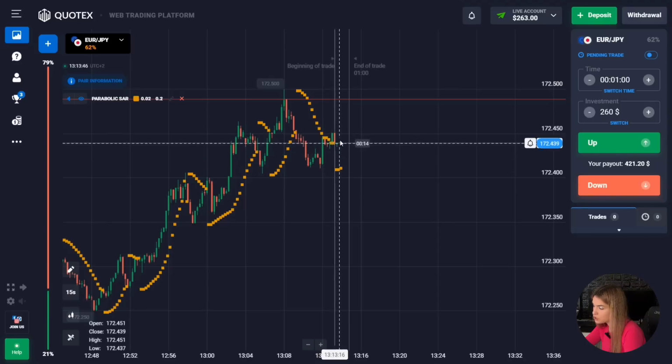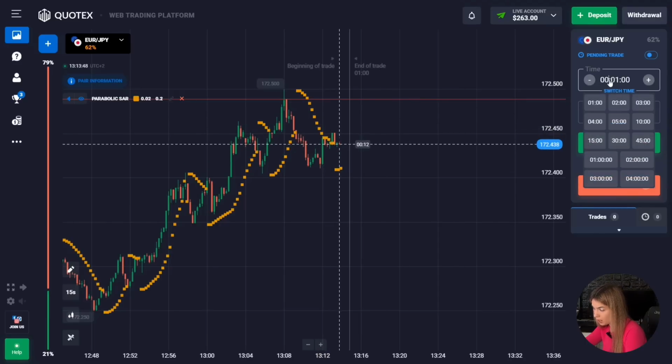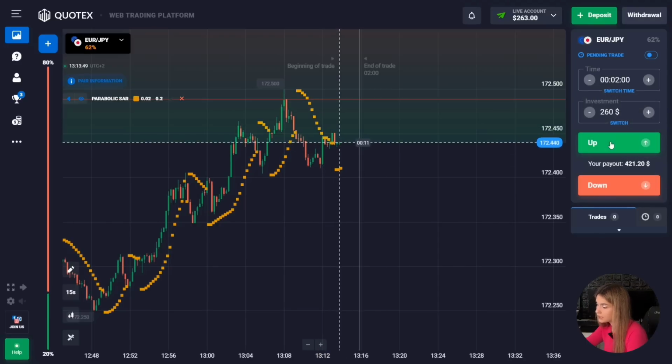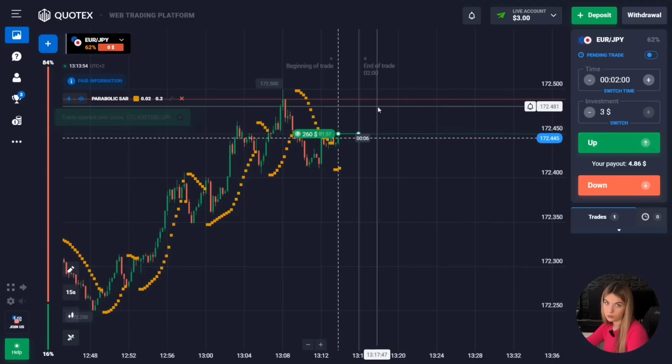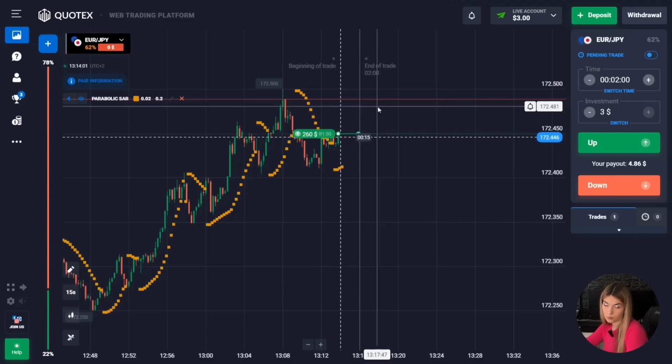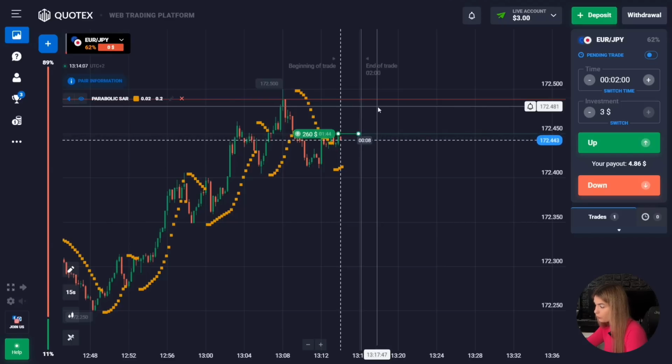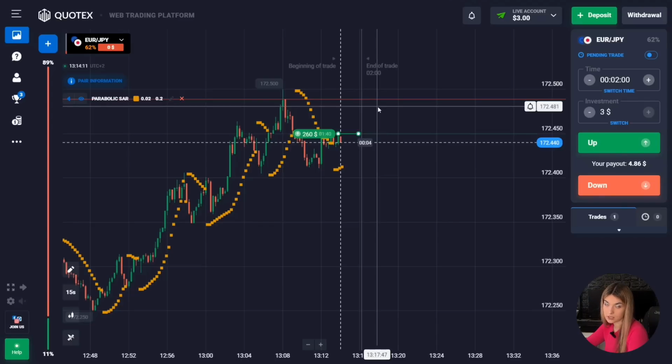In this situation, we're opening a deal for 2 minutes up in the uptrend. It is more likely that the price will continue to move towards the level. We will try to make money on this upward movement. I hope that 2 minutes will be quite enough for us in this case. 2 minutes is the time with a margin, taking into account the possible correction or rollback down, because guys, as you understand, the price can move in waves. Even with an upward movement there are pullbacks downwards, and so guys, let's wait for the result.